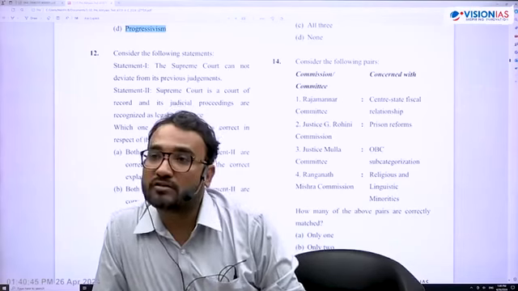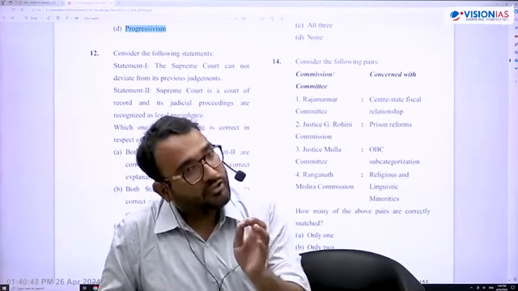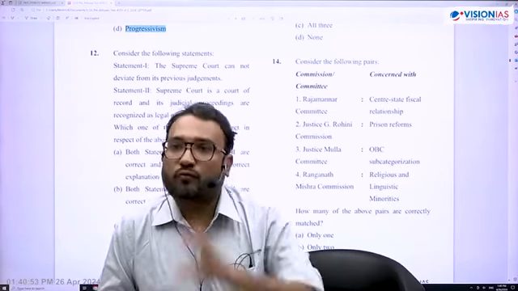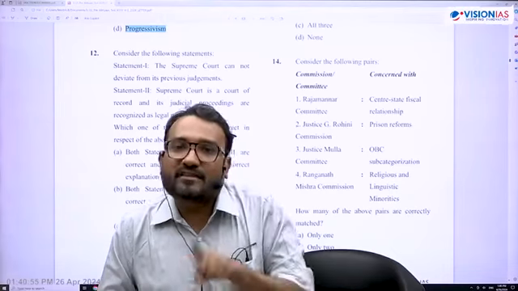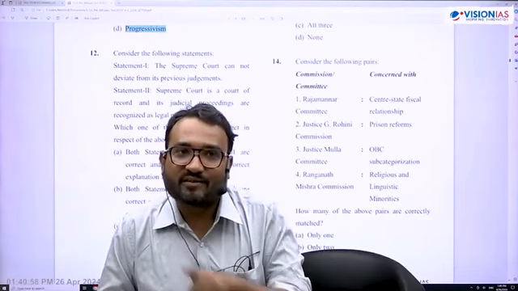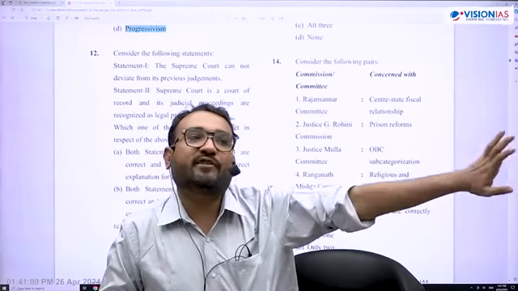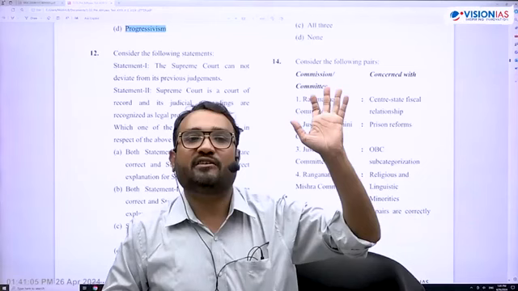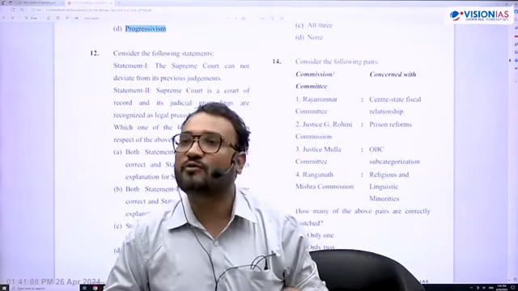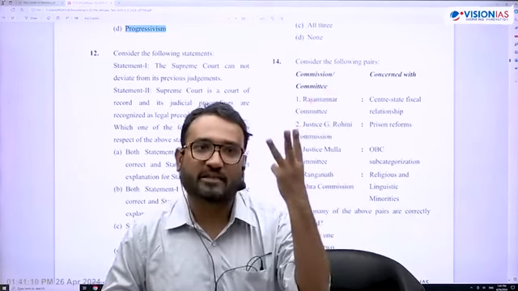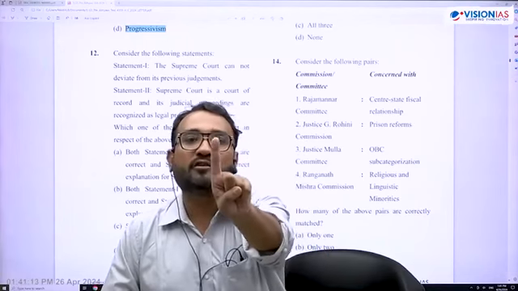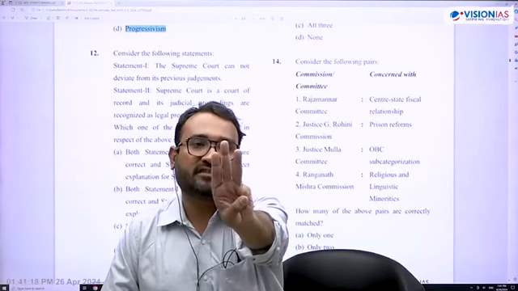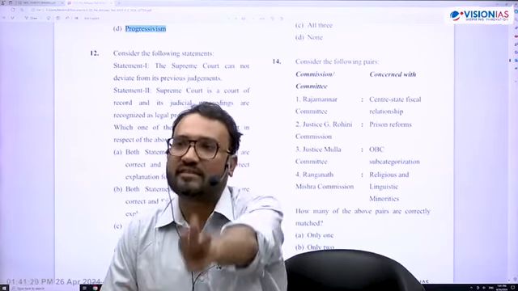They asked this question that the term judicial review means the Supreme Court reviewing its own judgment. So what UPSC did cleverly, they mixed judicial review with reviewing its own judgment. Judicial review is an entirely different philosophy. The term judicial review is neither mentioned in the Indian Constitution nor in the American Constitution. The concept of judicial review has 3 major components as defined by the Supreme Court. What is judicial review? Reviewing a constitutional amendment, reviewing an ordinary law, and reviewing an executive action of the state. This is what the Supreme Court has said. These 3 things are judicial review.